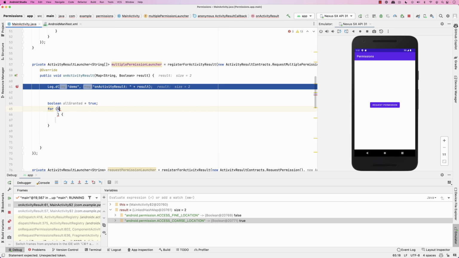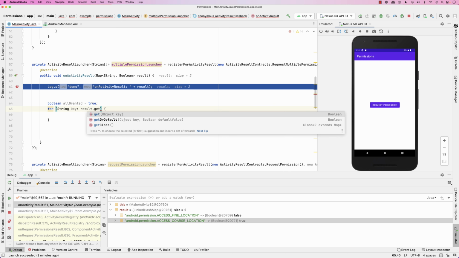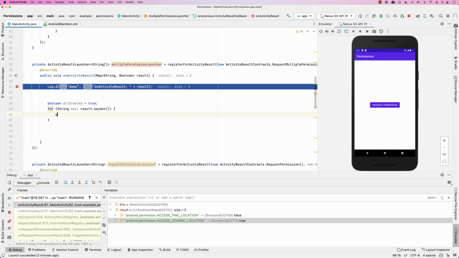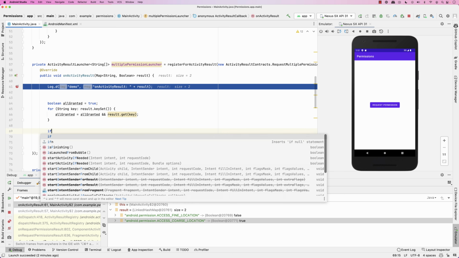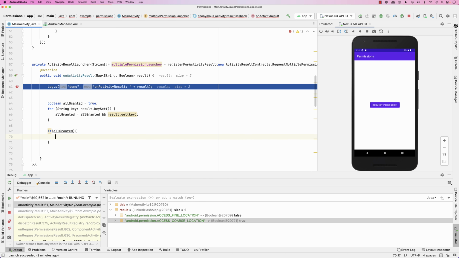And then for each string key in the result dot get key set, what I could do is I could say all granted. Yeah, you can do it arithmetically. You could say all granted equals all granted ANDed with the result dot get key, which is a boolean. So basically you are ANDing all of them, right? So basically right now, if all is granted, then you could say use the feature or use the location, and then else you could say, for example,